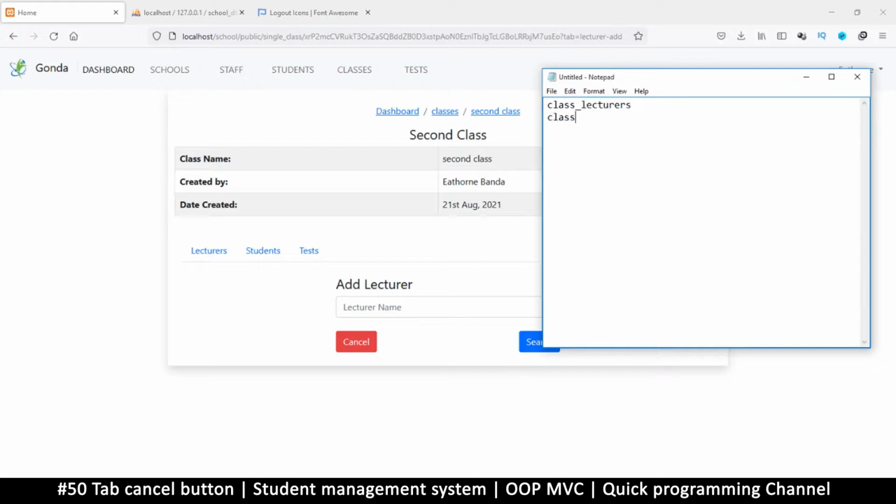And then we're going to need class students. This will also save which students belong to which class. And then finally we will need class tests. So for any item that you want to associate to this particular class, you will need a table for that particular item. So for the lecturers, for us to be able to know that the lecturer belongs to this class,